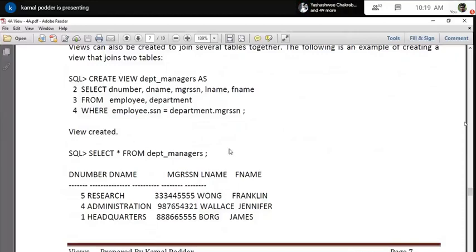Okay, now you just see that thing. If they know the view's name, how quickly can he get this information? Just select star from view name. This is a very simple instruction he has to give. If you really want to filter and so on, then definitely he needs to know the filtering WHERE clause and your column list and everything. But the simple use is just select star from this view.